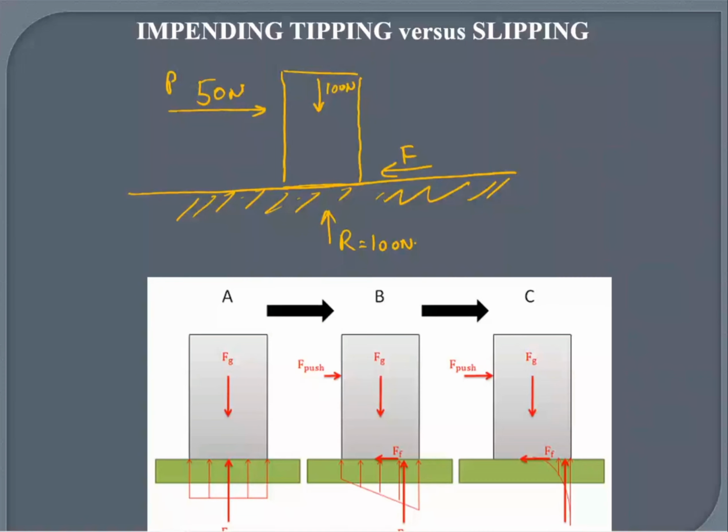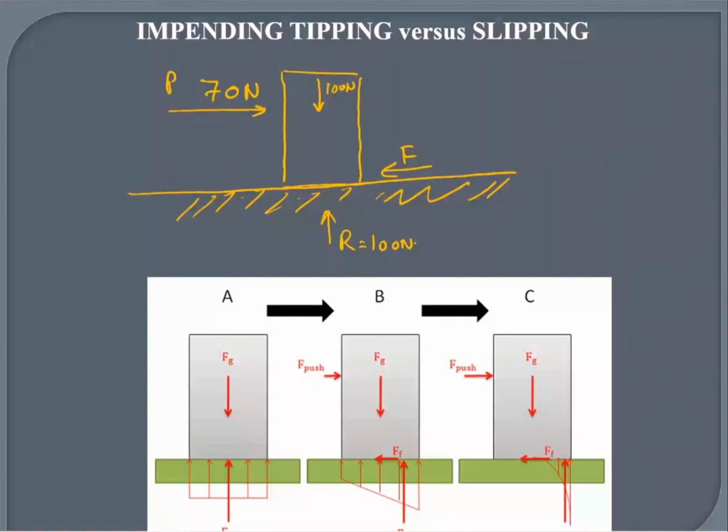I am applying a force of 70 Newton. Object is not moving. What is the value of F? 70 Newton. So what is happening while I'm doing this? My R value